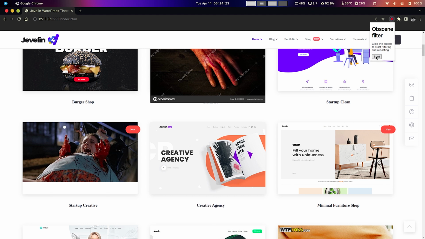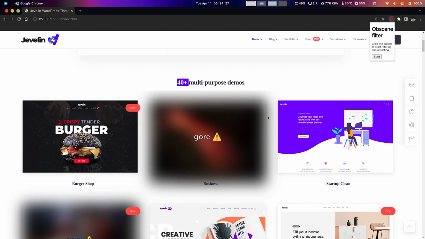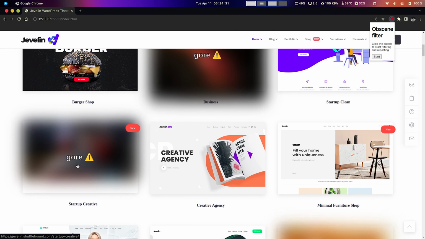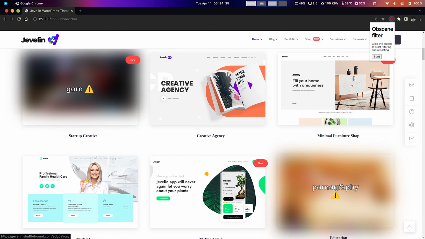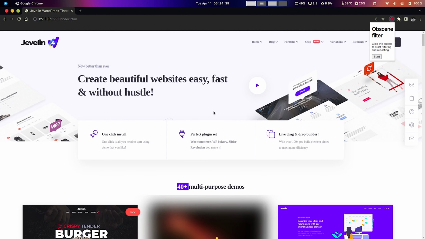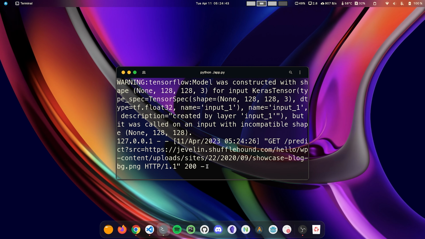The extension will automatically classify and censor not safe for work images. Now, we can see that the dirty images are filtered out, and 2 of them were gory and even 1 of them was pornographic. The illegal images' details were automatically sent to Firebase, which will be reviewed later by responsible